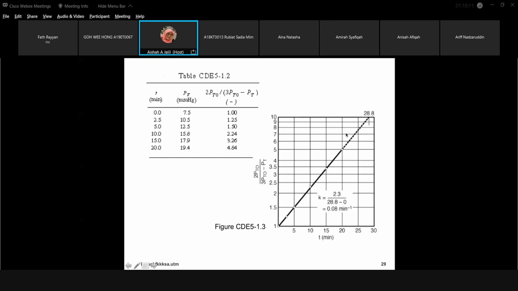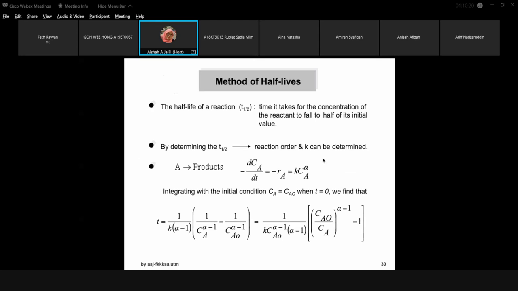Okay, this is the example when you use integral method. Okay, this is the last method which they also calculate. This is